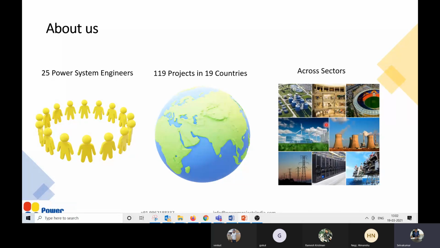I was at ABB, and I developed quite a lot of products for battery energy storage systems, along with microgrid controllers, for about 4 to 5 years, and we brought that same thing to Power Projects. We also work on conventional plants, transmission and distribution, data centers, and oil and gas.